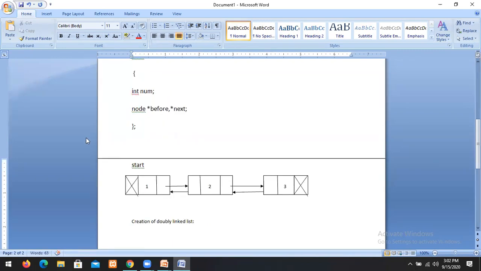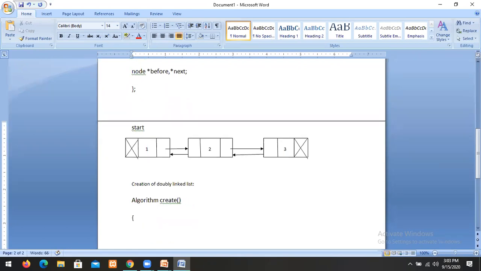How to create a doubly linked list, creation of a doubly linked list. So what is the algorithm? First we will go for the algorithm, and later we can implement. This is the same as a single linked list.